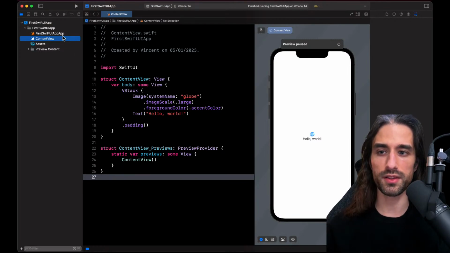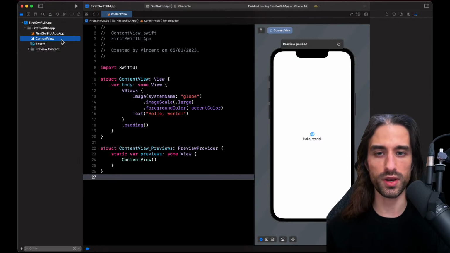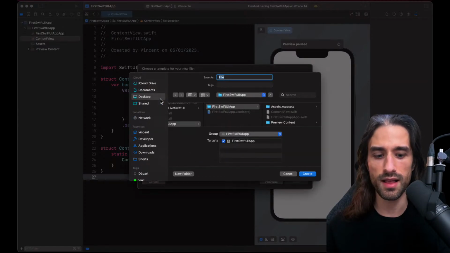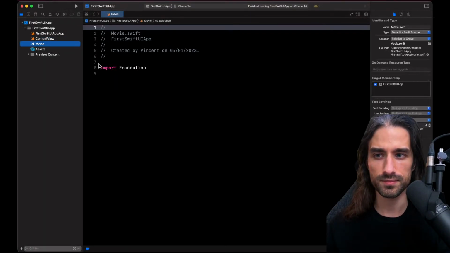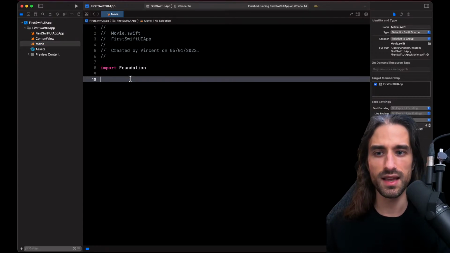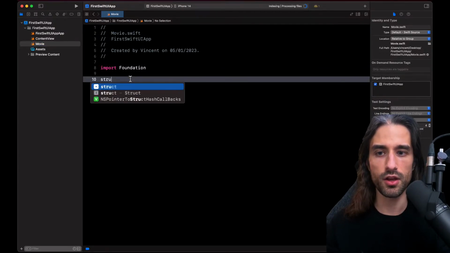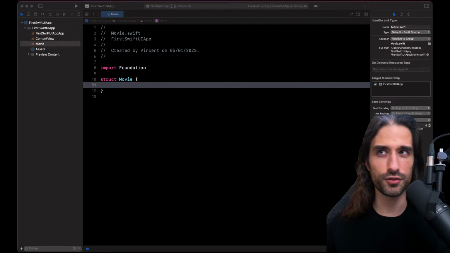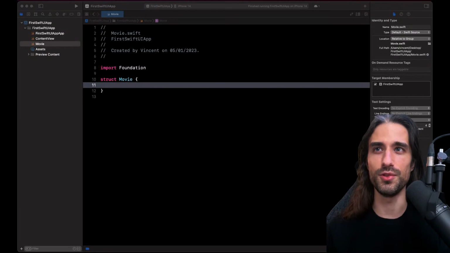So first thing I need to do is to implement the model for the data I'm going to display. So I'm going to create a new file for it. It's a good practice to create a new file whenever you want to introduce a new concept to your project. So you do either file, the menu file, new file, or Command N like I just did. And I'm going to select a new Swift file. I will call it movie. So you see the file has been added. And inside of it, I'm going to define a struct, so a data type, that will represent my movie. So of course, on another screen, I have the finished version of the project that I can look at when I have a doubt or anything.